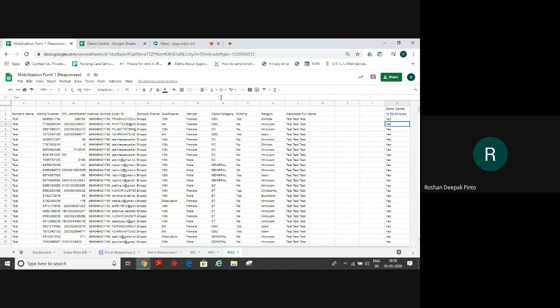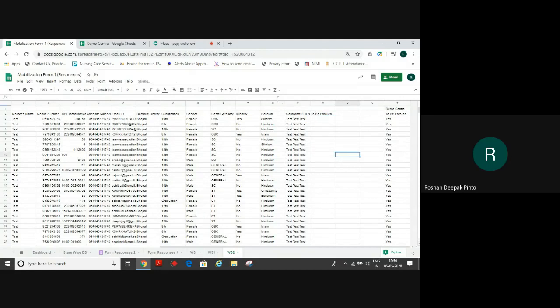Now when I add more centers, you have the answer in different columns, but I want all the answers in one column. So what I'll do is this will be the key here, to be enrolled. I will concatenate.